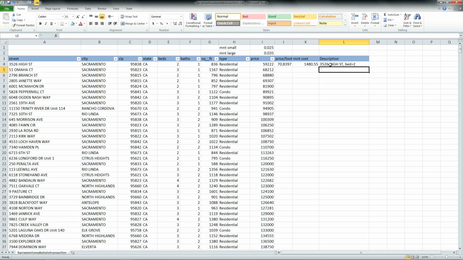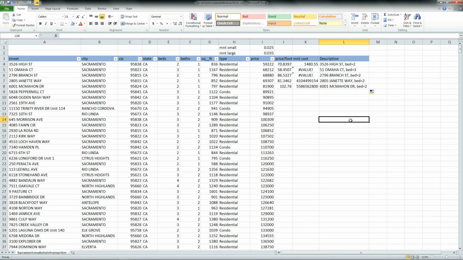And I could do this all day long to enter whatever data I want to concatenate together to make a very, very cute description. All right, enough said. Let's go ahead and copy this formula all the way down to all the rest of our rows. So copying formulas is easy. Just click and drag to select everything. And then once you see that little dot on the lower right-hand corner, just simply drag it down.